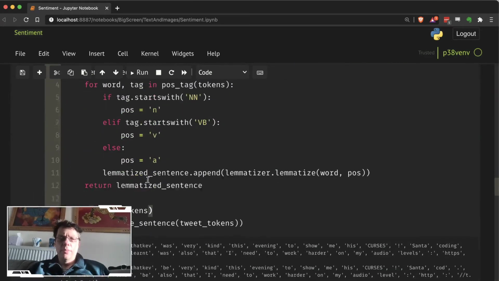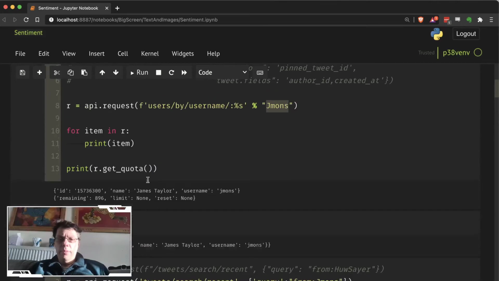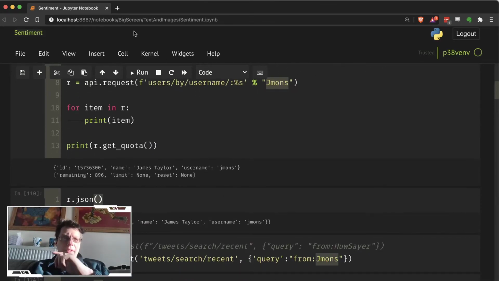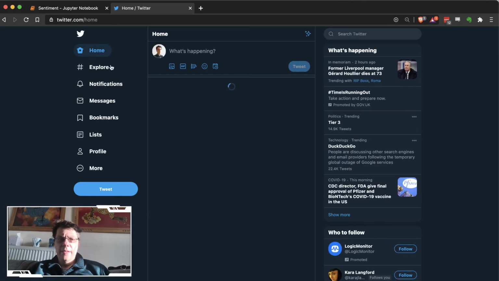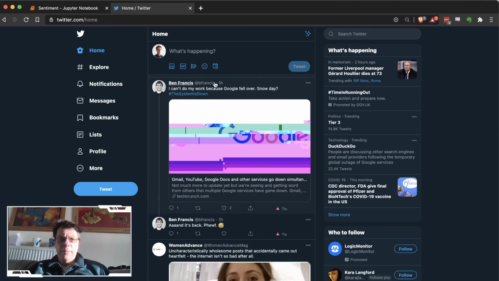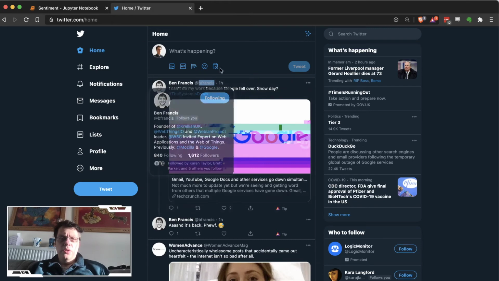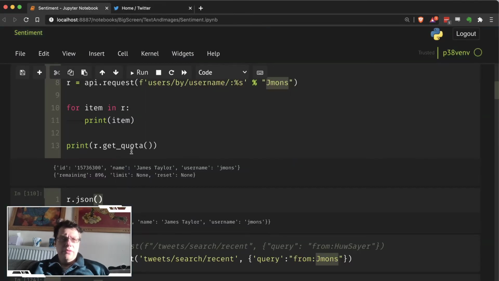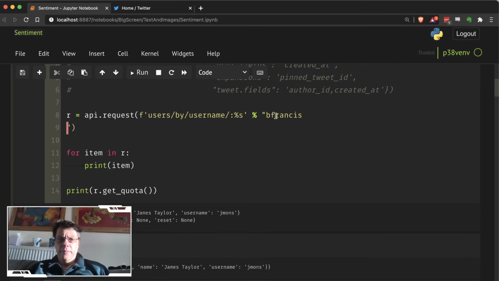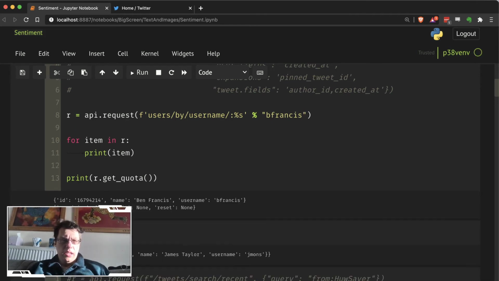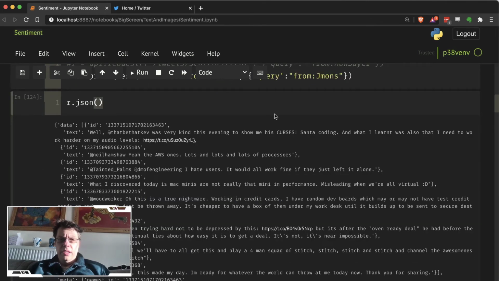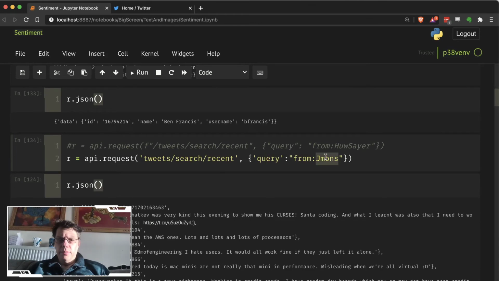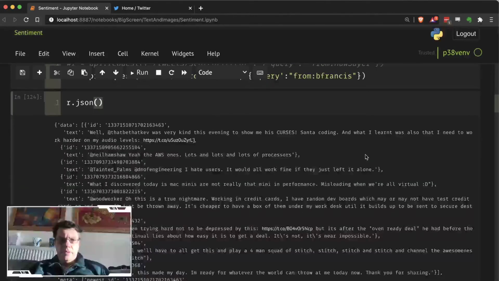So we can go all the way to the top and pick another username here. If I go to Twitter, let's see who is tweeting today. It's Ben Francis. Here we go. Ben is an old school friend of mine, worked at Mozilla for a bit, so we can drop him in here. There, Ben Francis, you see. Those look like my tweets because I didn't put his username there. Yep.